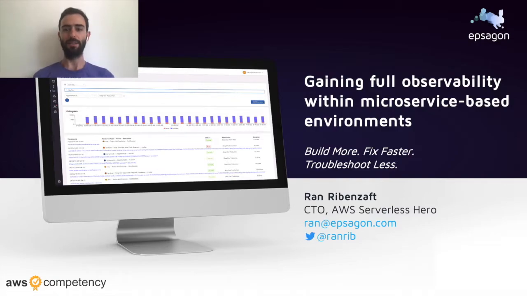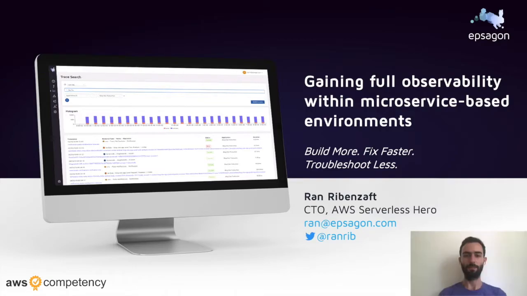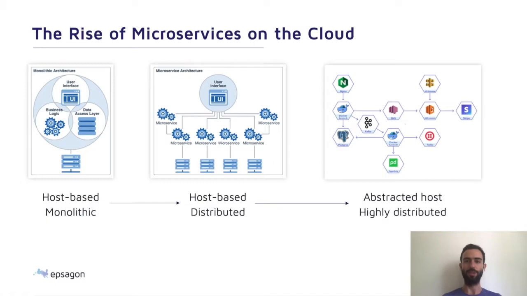In the following lightning talk, we're going to talk about observability, microservices, and all cool things. So let's talk about what's changed over the course of the years. We started with host-based monolithic applications, which used to be easy to understand, and then we broke them down into more distributed applications, which introduced microservices, and all of a sudden our applications become highly distributed, super complex to understand.